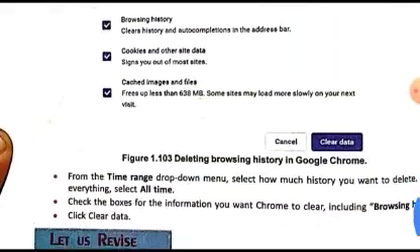If you want to delete everything, meaning all the previous data from the time when the browser was first installed and started working on the system, then you will select All time. If you choose the option All time, all the browsing data which has been stored and created on the system since the browser was installed will be deleted from the system. Then we will check the boxes for the information which we want Chrome to clear.